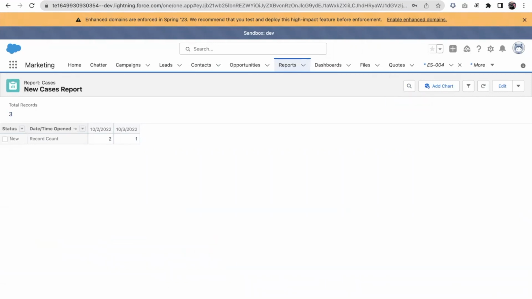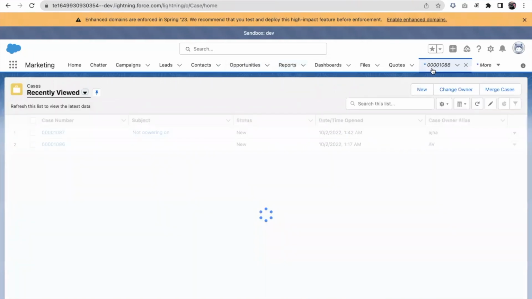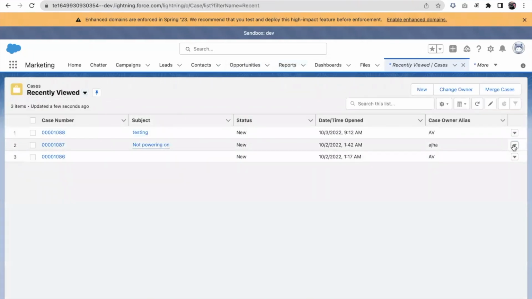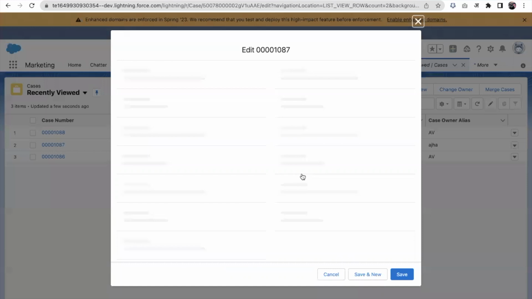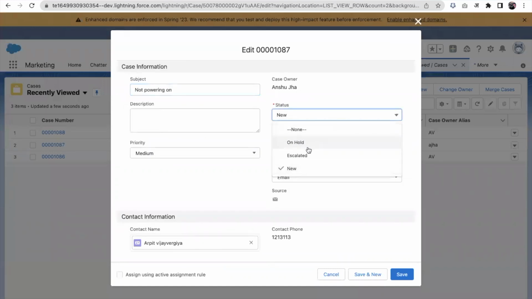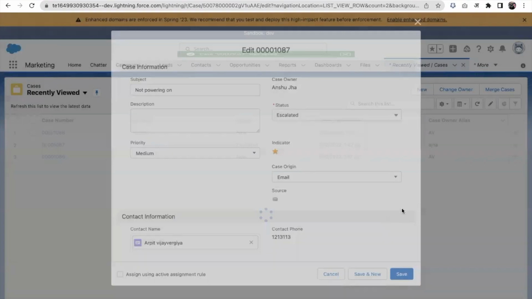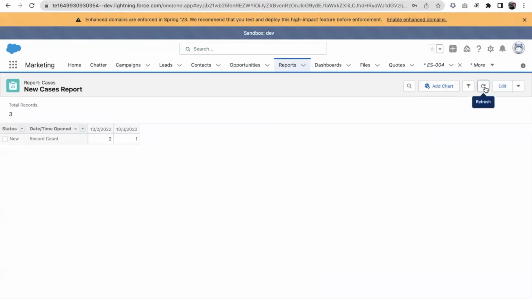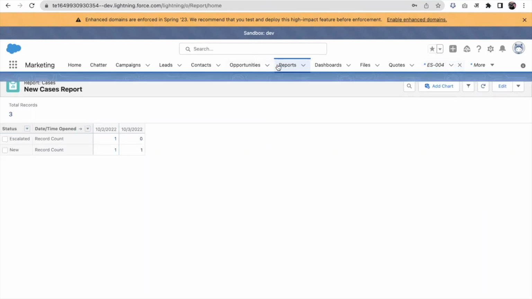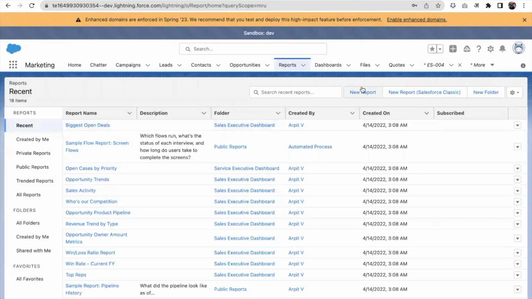Let me do one more thing. Let me come to the case and change the status of this case, so we'll see how our report looks. So 2 rows, 2 columns. There is no escalated case which was opened on today's date. This is how we can create the report. And if I come again to the report,